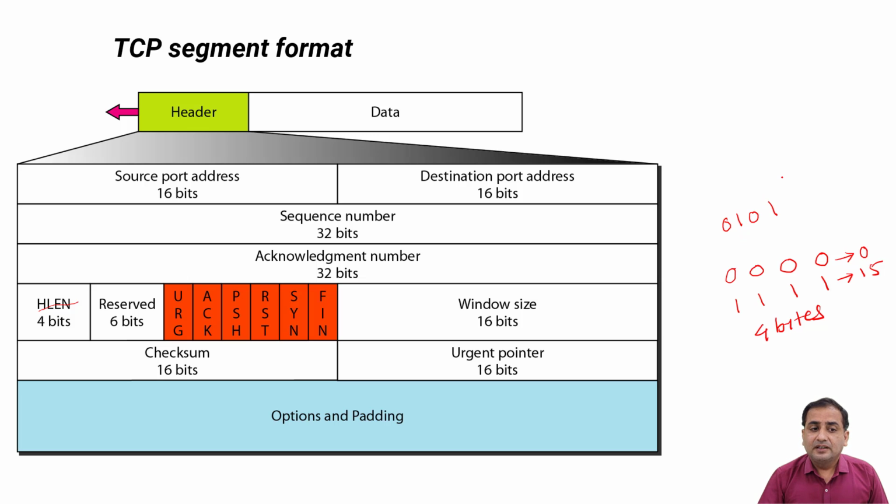You have 6 flags. The first one, which is very important, is the SYN. You can see here SYN. This SYN is used to establish the connection. So these all are 1-bit flags. See, when there is a 1-bit flag, its value could be either 1 or 0. So if my SYN is 1, the meaning is that my sequence number field of the TCP header is in